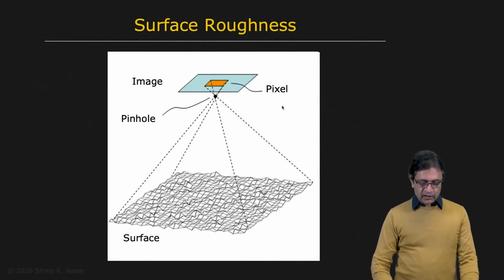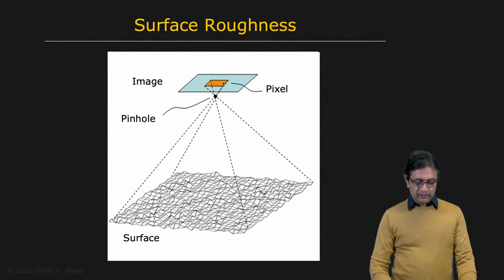Let's assume that you're looking at one pixel in the image right here. This pixel projects onto some area on your surface. Now, within this area, it's hard to assume that the entire patch that you're looking at, the physical patch, is perfectly smooth, irrespective of whether the mechanism is surface reflection or body reflection. It's going to have some roughness. That's the way surfaces are. It's going to have some roughness associated with it.